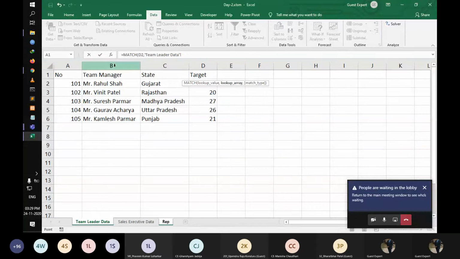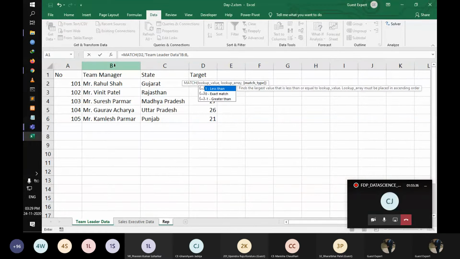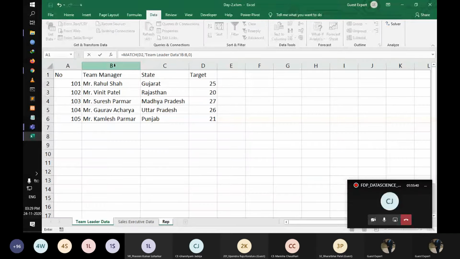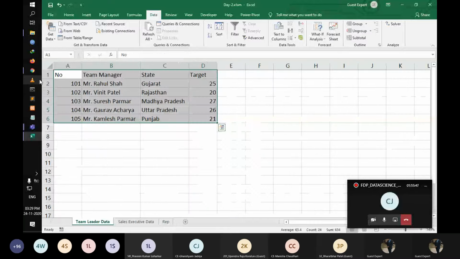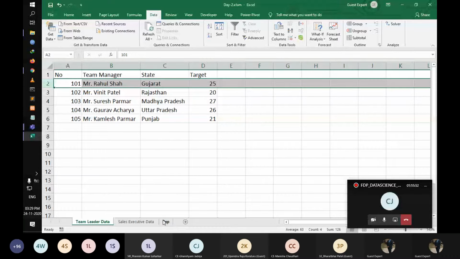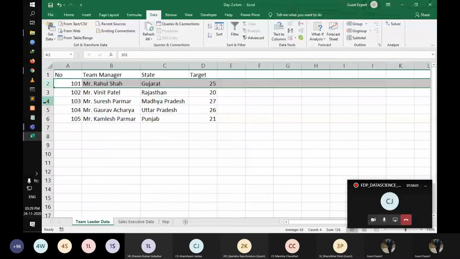I'm selecting the total range of B, then comma, then exact match. So the 2 is representing the index. Rahul Shai is represented by 2. Now select Suresh Parma. They are in the 4. This is a 4.